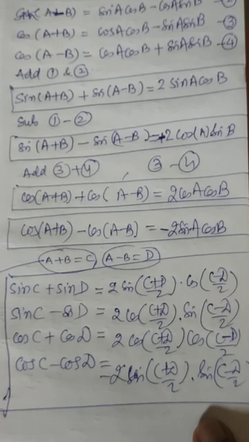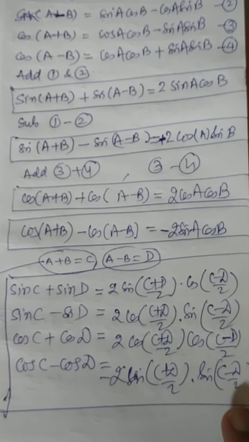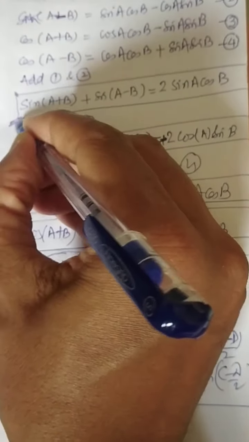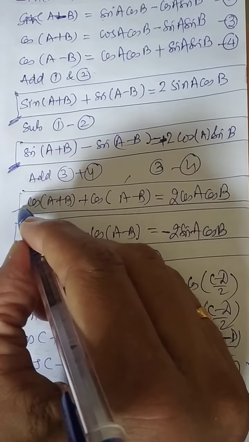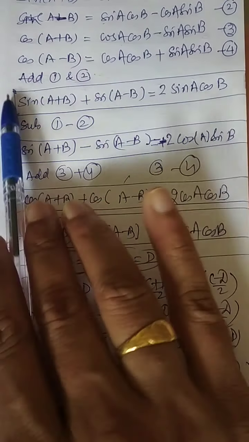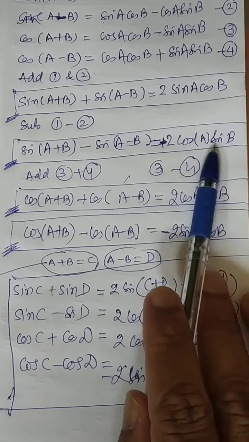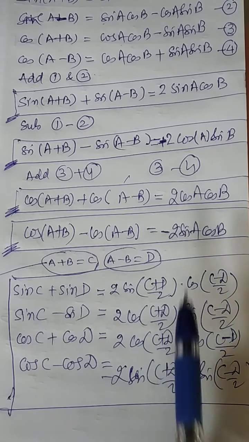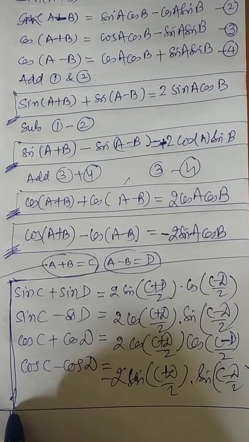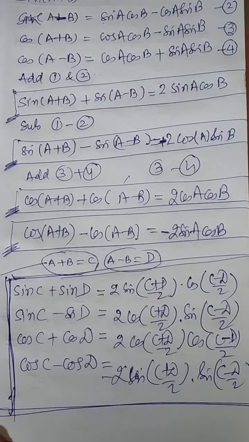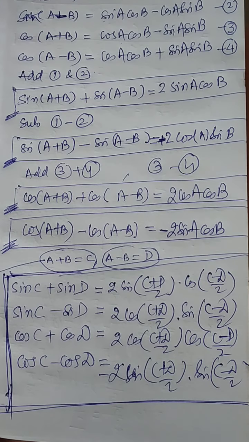At the same time, you can tell me these 4 remarks can be written in the reverse order. Do that in your notebook. What is the meaning of the reverse order? Right here, 2 sin a cos b will be equal to this, 2 cos a sin b will be equal to this. Right side first and left hand side next. Because we don't know which pattern is required in solving the question, anyhow you can use it. So you should know both the techniques. Reverse, do it.